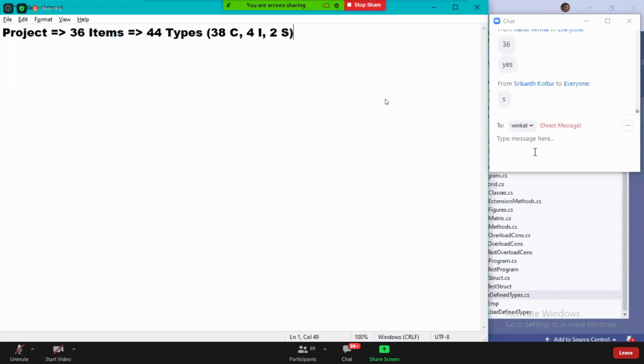Now, tomorrow in the real-time environment, when you're building projects, remember this point. An application can have more than one project present in it.